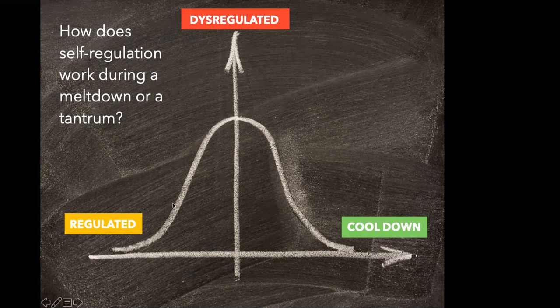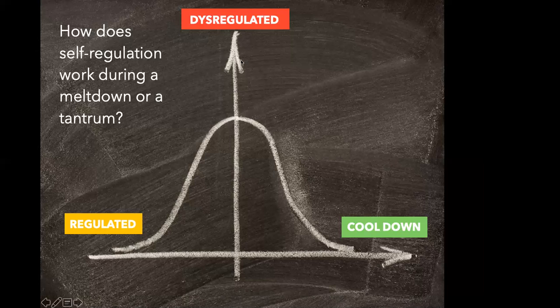They're ready. But if a triggering thing happens, if they lose a favorite toy or get told no, they might start to move up this bell curve and enter into a state of dysregulation. So when the child is dysregulated, their amygdala sounds the alarm. They are looking for safety. They are having a hard time processing anything because the amygdala actually turns off the language center in your brain so that other areas of your brain can be activated for a fight or flee situation instead of talking.